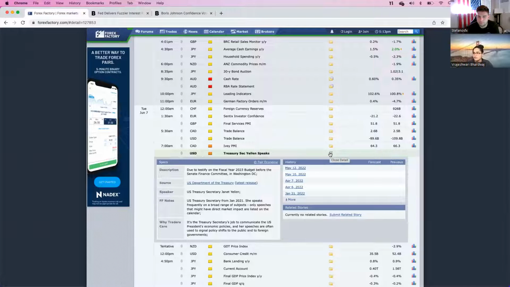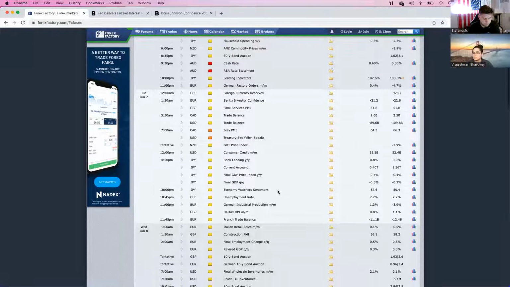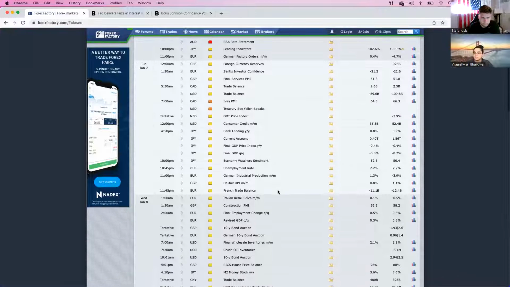You click on the folder. So she is due to testify on the fiscal year 2023 budget before the Senate Finance Committee, which is perfect because this gives you an outlook of what we can expect when it comes to interest rate news this month with the Fed especially. And then in Asian session tomorrow, again, very little news coming out, really nothing high impact